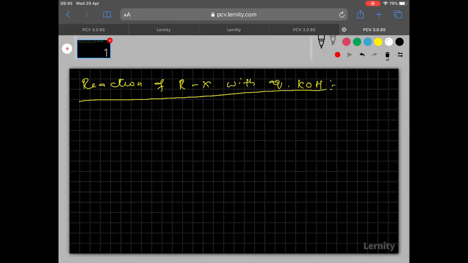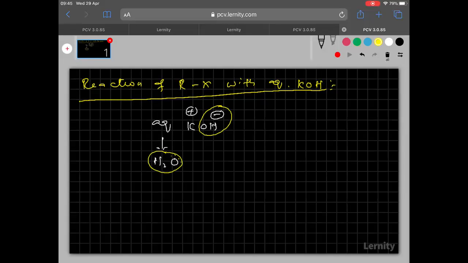Clear everyone? Now see clearly, try to understand the concept first of all. Now aqueous KOH. So aqueous KOH means K+ ions are there, OH- ions are also there. Aqueous means what? Water. Is it clear everyone? So now try to understand. Here OH- is a nucleophile. Water is also a nucleophile. Oxygen contains two lone pairs, right? Electron rich is said to be what? Nucleophile. So here both the nucleophiles are there.